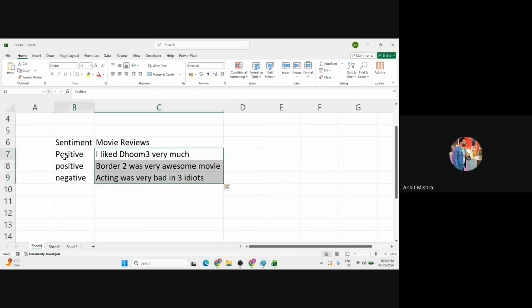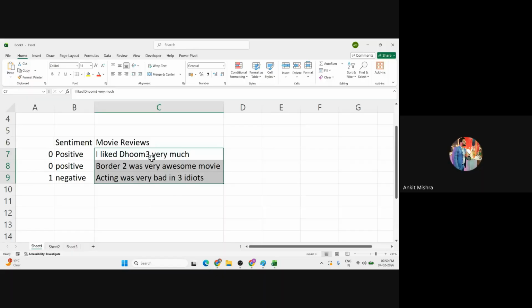Now we know that the positive and the negative labels can be easily converted into numerical ones, like 1 and 0. You can say 1 is the negative and 0 is the positive. You can give the sentiment like this. This one is very easy to convert into numerical form. Now what about the review text? How do we convert all this data into a vector kind of format?